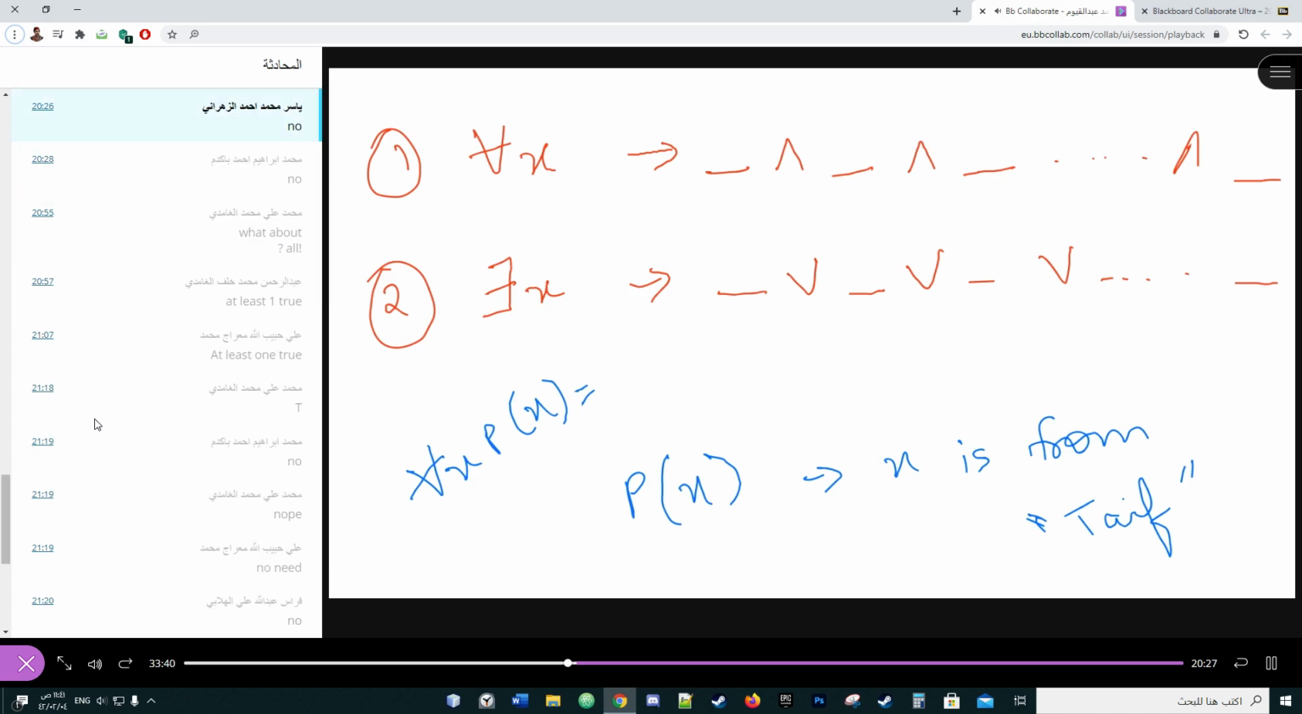I don't need to. The moment one student says I'm not from Taif, this will become false. But for making it true, I have to check all the students. I have to ask each one of you. But for making it false, once one student says I'm not from Taif, I stop. I don't need to ask anyone else. This expression is false. But for the second expression,